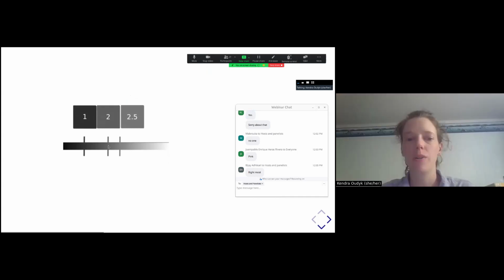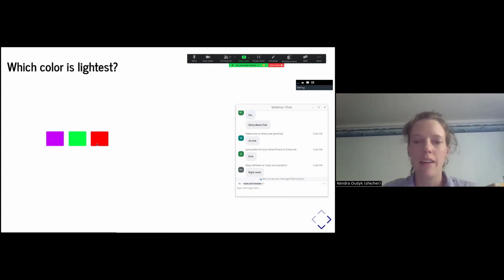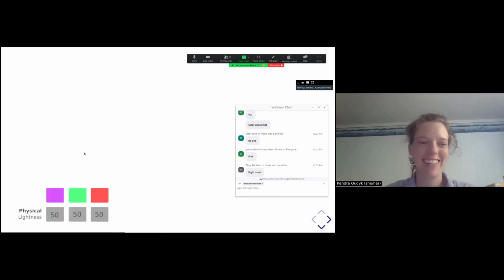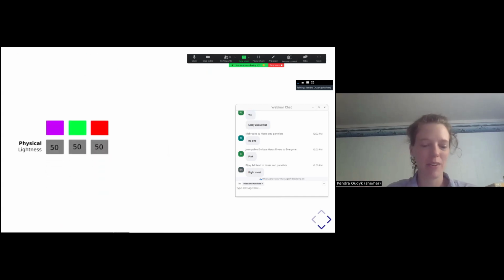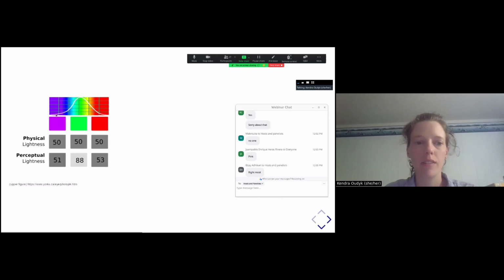So this is just to show, again, that it's hard to decode information based on lightness. And now we're going to talk about that with color, and I swear this is the last one. So if you look at all of these squares, they all have the same physical lightness, but you might have thought that the green box was lighter. And that's because humans have an uneven